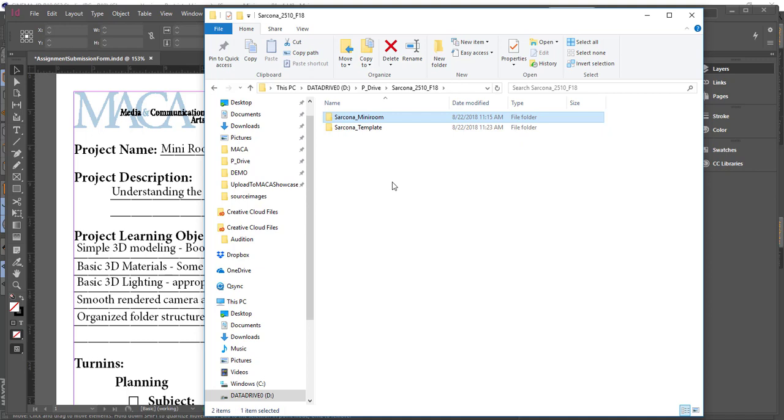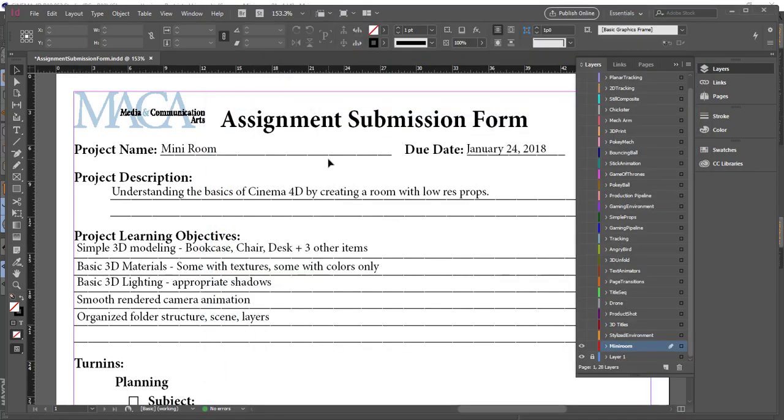If you saved 1,000 iterations, I only need the last iteration of your actual cinema file. If you have a bunch of images in there that you use to make your movie, which we will, we can just trash all the other images and just bring the movie in, okay? We'll go over that more, but that's how you're gonna be turning it in. So you'll turn in that folder onto the server, and then you'll also have this form that you fill out,